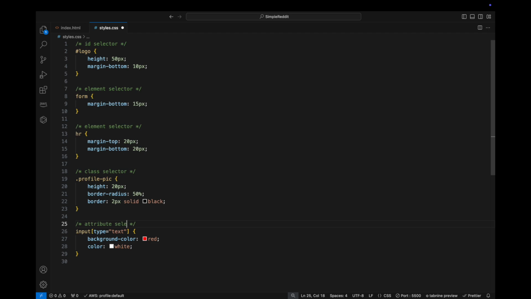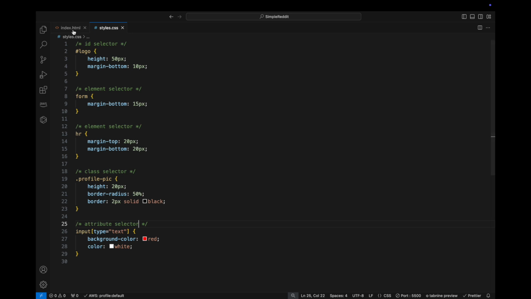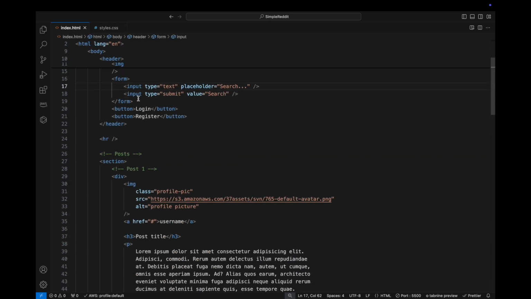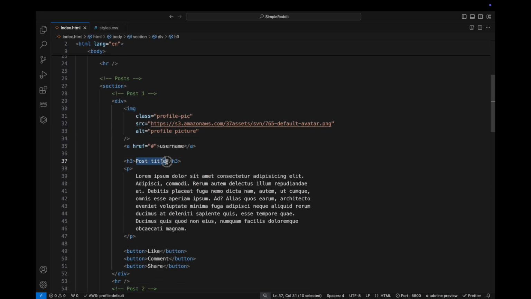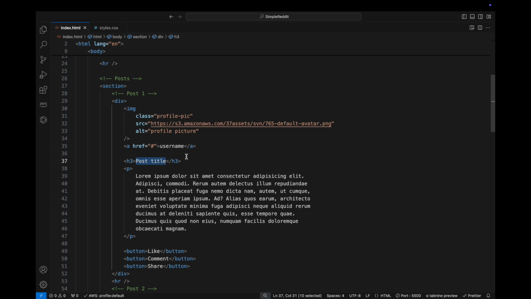Attribute selector. Now let's change the way the post title looks. For instance, instead of having it just a black title like it is shown here, let's change its color, maybe add a little bit of spacing between the text. In order to do that, because we have multiple post titles, we need to create a class, obviously. So class post